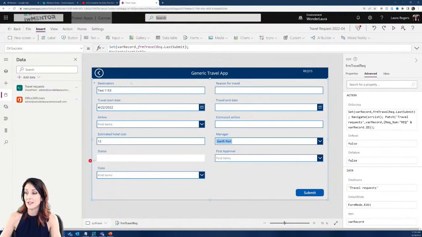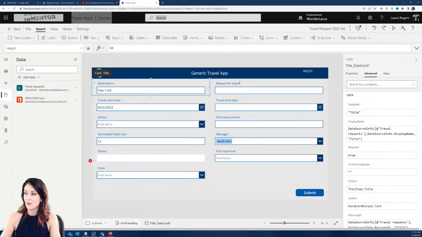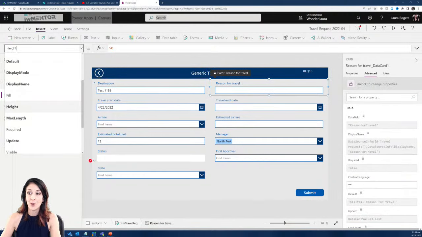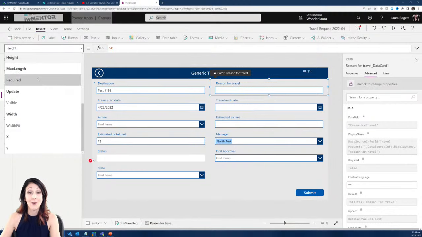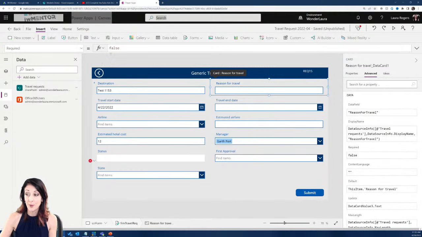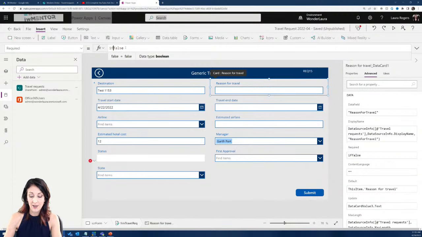So I'm going to say destination. I've already got that as a required field, but required is another piece of data. It's another property on the card itself. Every card has a required property, and it's going to be locked by default. You have to unlock the whole card to be able to put a formula in here. But what I would do is say if